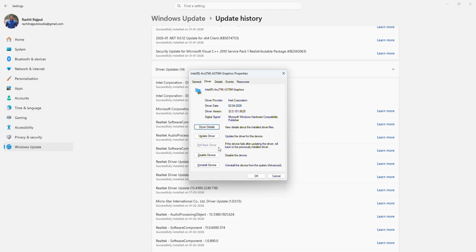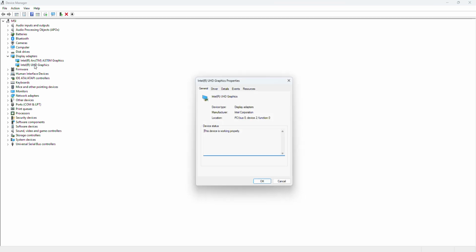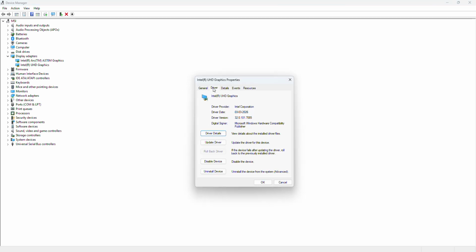enabled. So what you need to do is just click on Roll Back Driver and click on Yes. Then okay, boom, it is now rolled back to the 32 version. As you can see, in my case, you have to follow the same steps for both display adapters. I did the same for both adapters. I rolled back the same, and then I was getting the latest update for these two. And after rolling back,